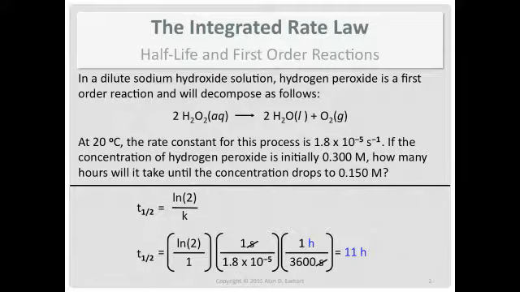Now the danger in jumping right to the half-life mathematical equation for a first order process is, well, the big one is, do you remember it? But I think the bigger mistake is thinking that you can use this simplified formula for any concentrations, and you can't. It only works for half-life. So if you're not sure, go with the original formula I had up.